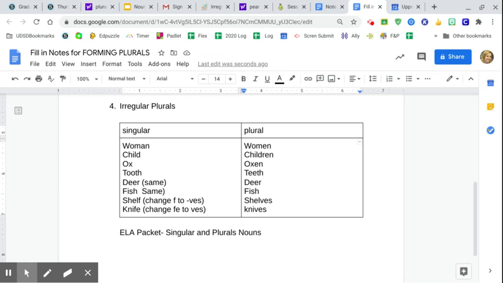All right, now it's your turn to try. You are going to head into your ELA packet and look for the worksheet called Singular and Plural Nouns. It's right after the common and proper noun worksheet, and you are going to do numbers 1 through